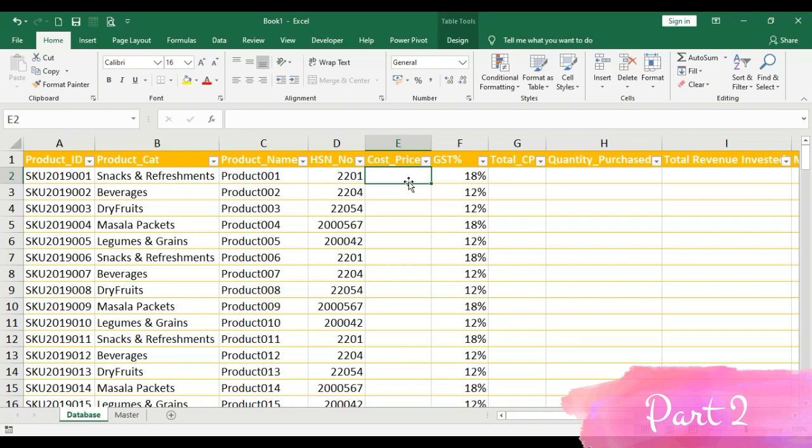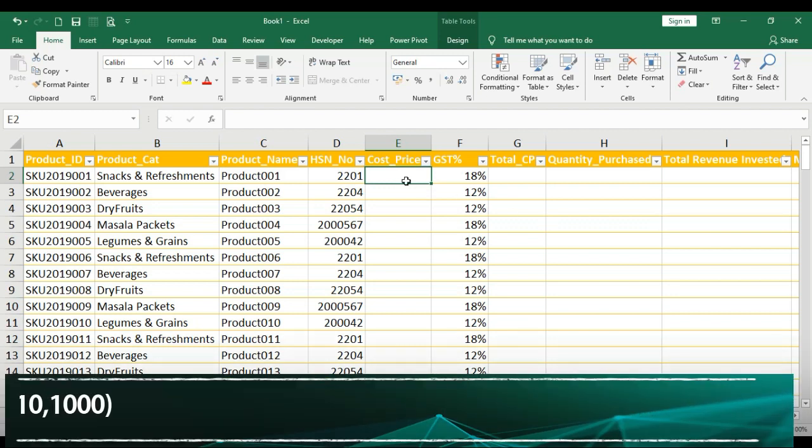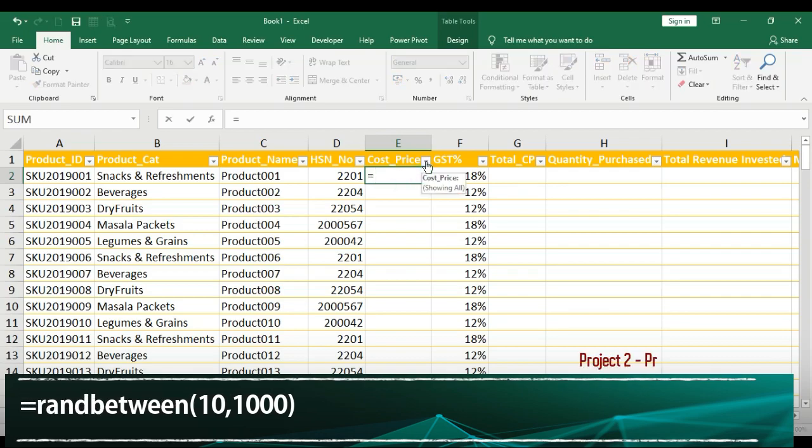We are going to put in the formula for the cost price column. We have already done this formula in the previous session. We are going to use the formula called RANDBETWEEN in this case. It's a general formula just for generating random numbers. So for the RANDBETWEEN formula, we are going to type equals RANDBETWEEN,